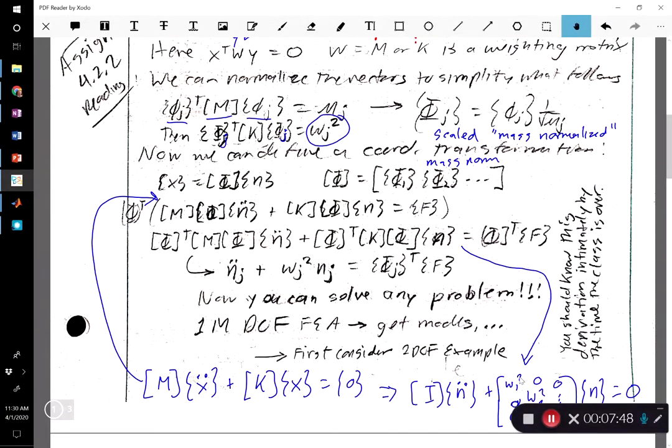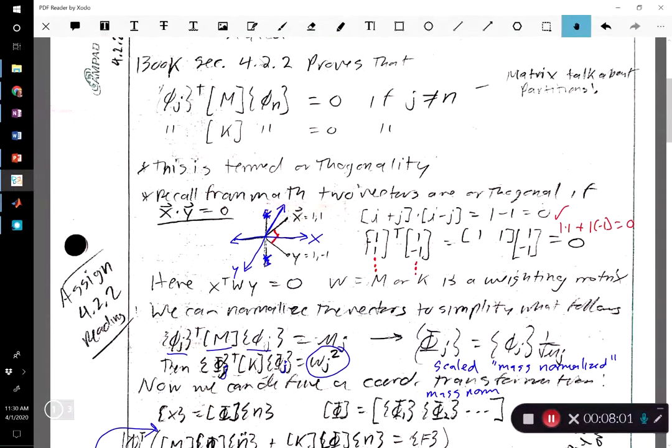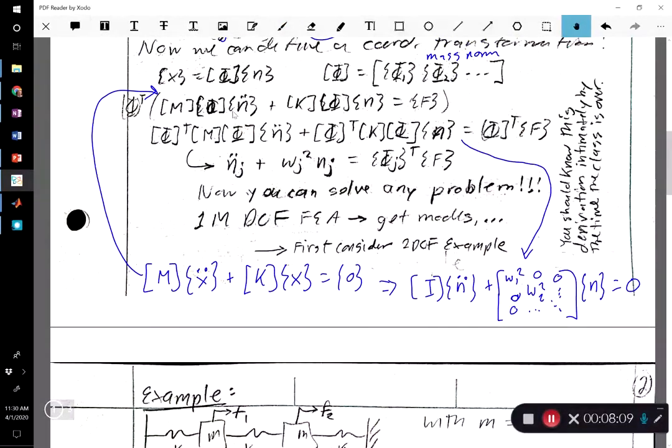So our equation of motion, we can now exploit the orthogonality, and it's maybe not immediately obvious that this equation is better, but if we use the relationships from chapter 4.2.2, these orthogonality relationships, we can show that this product of matrices is just an identity matrix. And this product of matrices is just a diagonal matrix with the natural frequency squared on the diagonal and zeros everywhere else. And then over here,